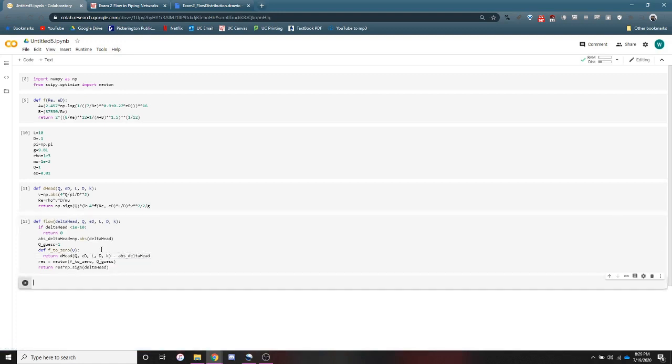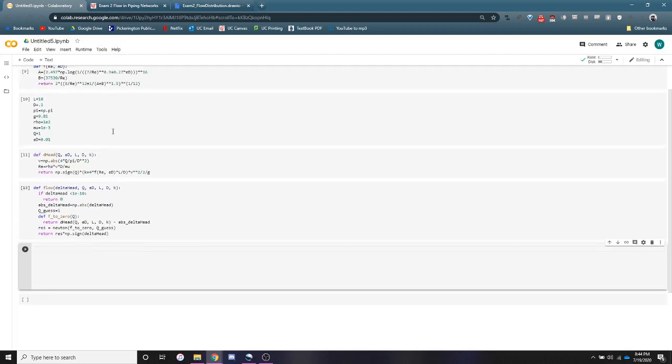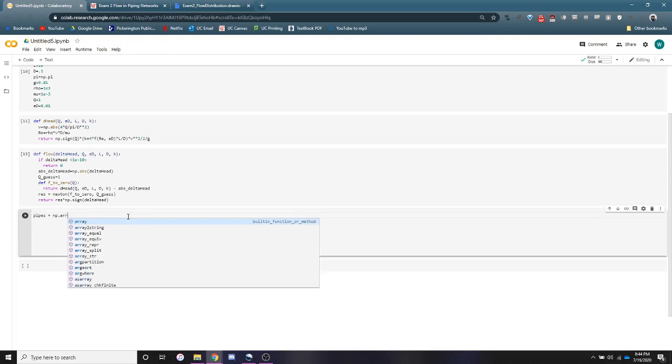So now that we have all this, we're now ready to start coding for all of the new pipes and get all the flow rates. Whereas before we included all of the values of pipes up here, we need to do that a bit more systematically and a bit more organized. So we can do that in an array, pipes equals mp.array,